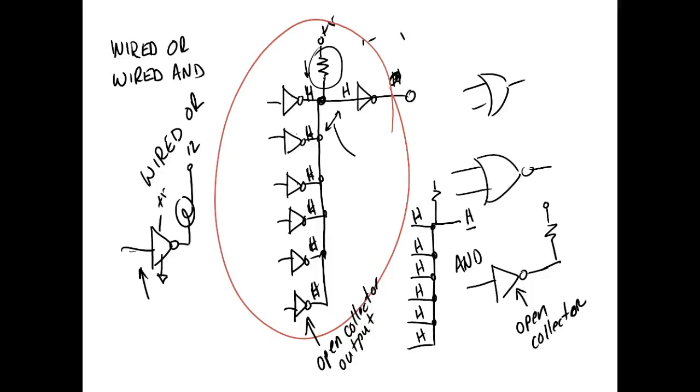We got one more output that I don't know when the book is going to get into it. We got another output called tri-state. But what it gives us, the open collector gates gives us the ability to do what? Well, one thing, the 7407 gives us the ability to also change the logic level. So instead of using TTL levels, now we can go to a different level with the 7407. Also, it gives us the ability to tie the outputs of gates together